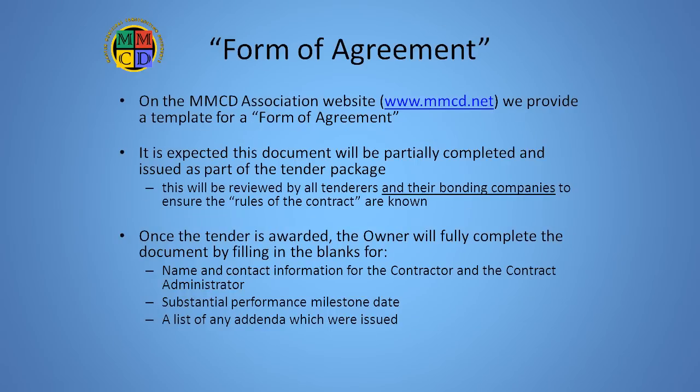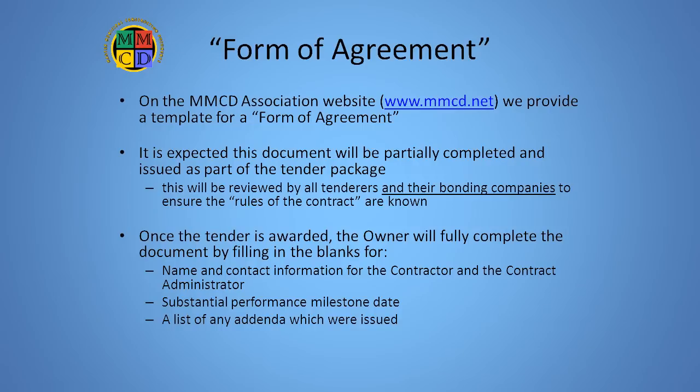But before we get to an agreement, there's something called a form of agreement. This is the document template which our association provides in an editable format on our website, www.mmcd.net. As the tender documents are being prepared, the tender author will edit the form of agreement to include the following: